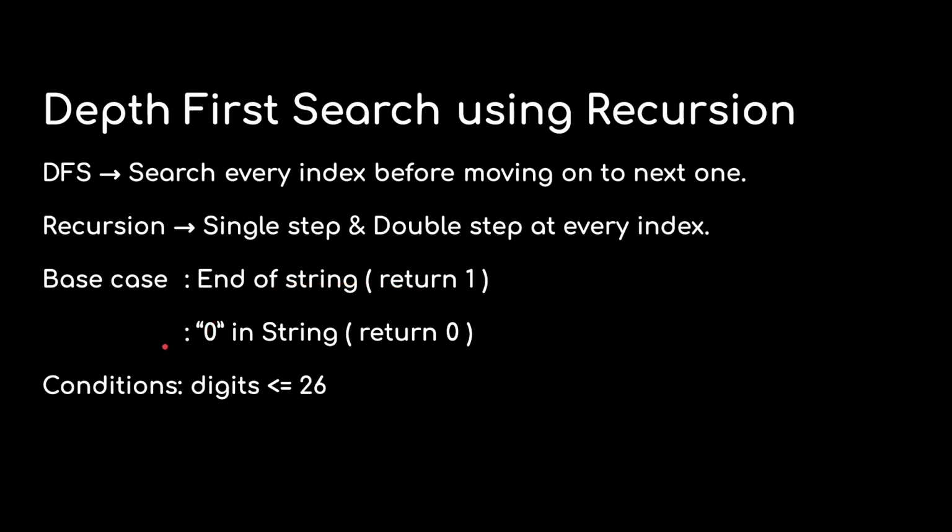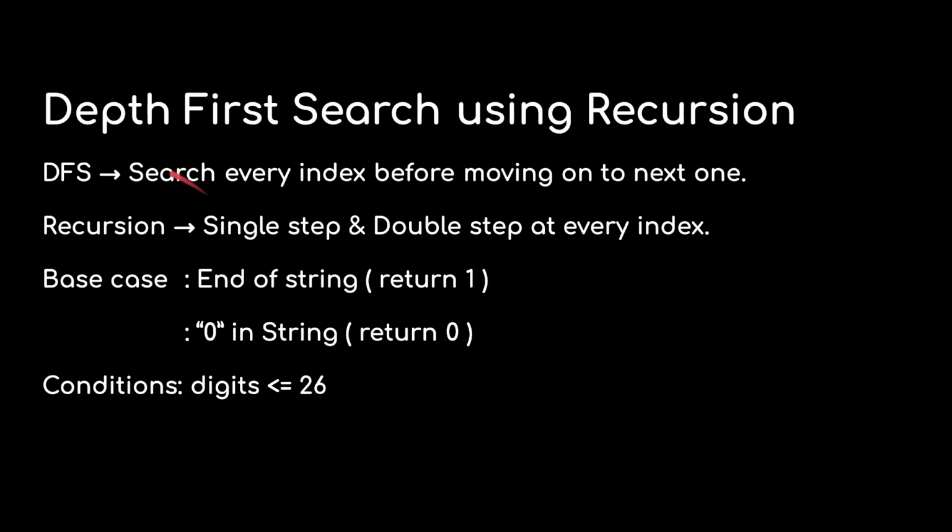And the second base case is, if we have a 0 in the string, we will return 0. That means 0 cannot be taken as a single digit. We also have to check for some certain condition. And the condition is that the digits have to be less than or equal to 26. When the conditions and base cases are satisfied,